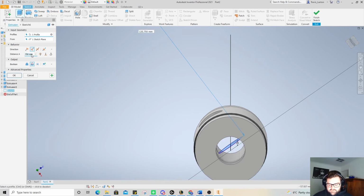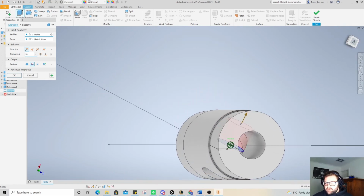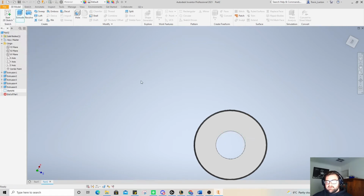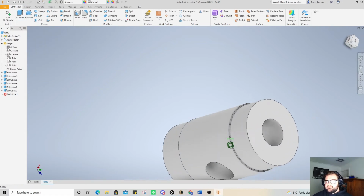I don't want the distance to be that. I want it to be like 10. And we're going to cut this way. And we're going to cut 10. And double check that hasn't gone all the way through our top, which it hasn't. That's probably actually perfect there. Plenty of meat around it to make sure that it's not going to break out or anything. Okay, so now we've got our